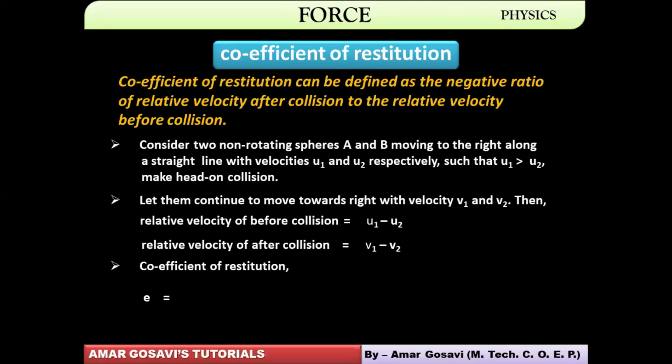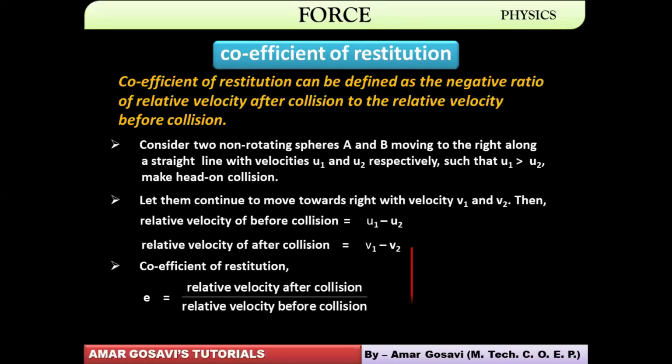The coefficient of restitution, denoted by small e here, will be the ratio of relative velocity after collision to relative velocity before collision. Okay, so you can see e would be given as a negative ratio. It was a negative ratio, obviously. Therefore, it is minus of (v1 minus v2) divided by (u1 minus u2). Then you insert the negative sign in the bracket. The order would change, and the same equation can then be represented without a negative sign as (v2 minus v1)